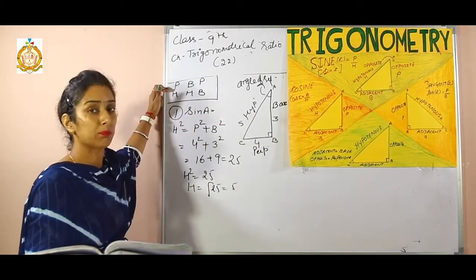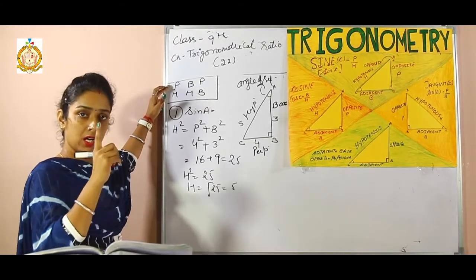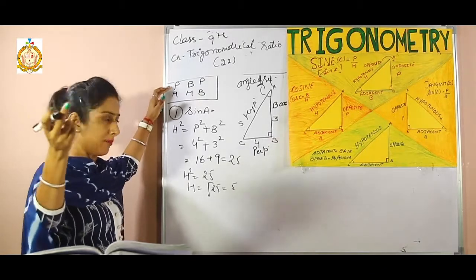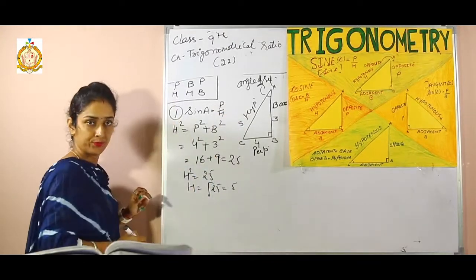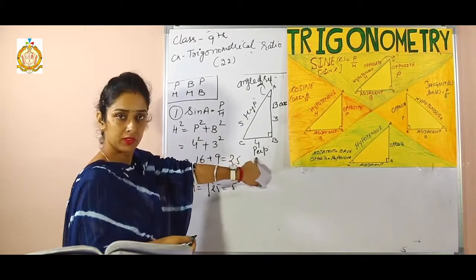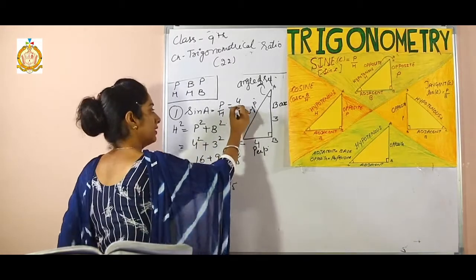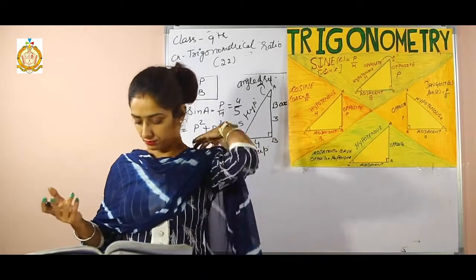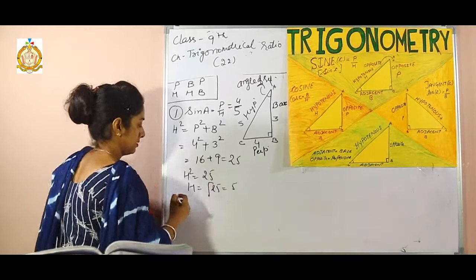Now we have to find the value of sine A. Sine A is what? Pandit Har. Pandit Badri Prasad Har Bole. Means first sentence, Pandit Har means P over H. Now what is the value of P? That is 4. And what is the value of H? That is 5. It's very easy. Okay. Now see next, same question.